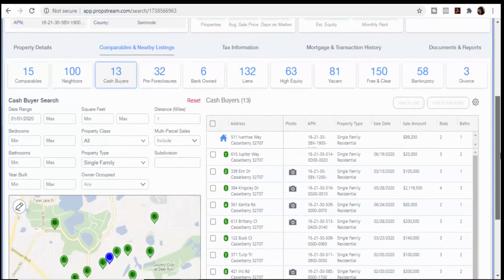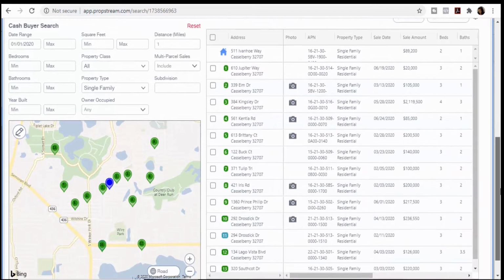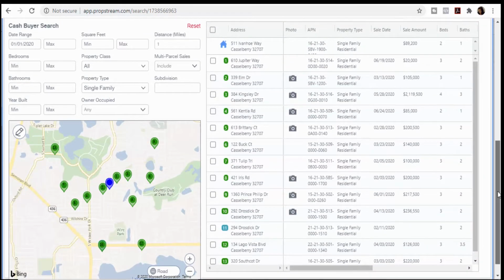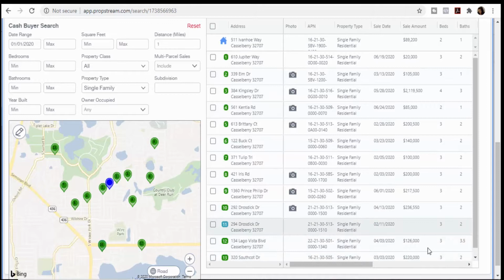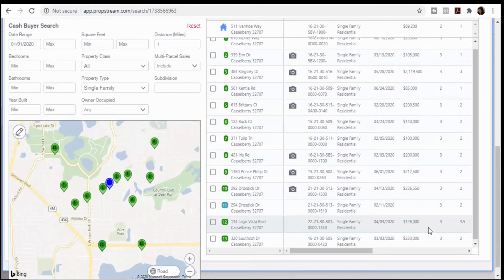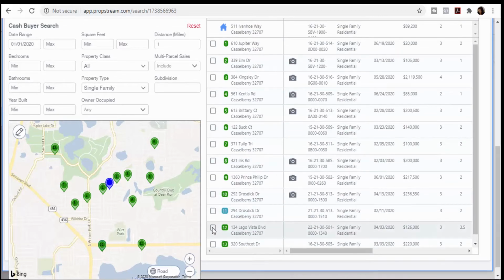Let's see what the cash buyers are paying in this area. Okay, so we already know that our house is worth around $200,000. So we have some people who have paid cash to live in the property. If you look here, I generally tend to throw out the lowest and the highest. And again, I think this $2 million is a typo. So we've got 105, we've got 140, 100, 126. So if you kind of average those all together, you can see that the cash buyers in this area